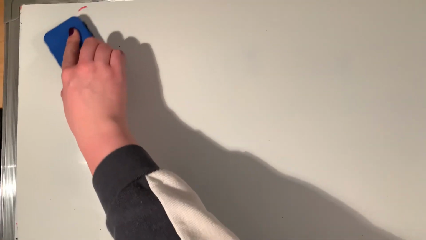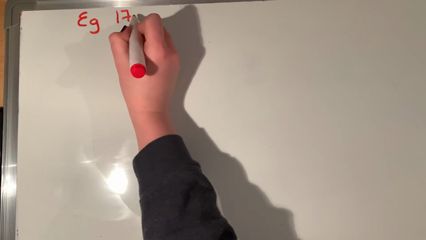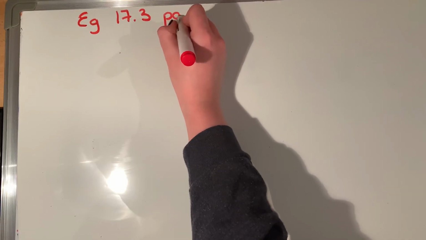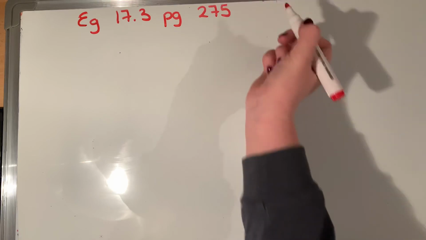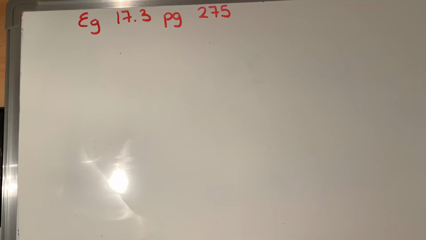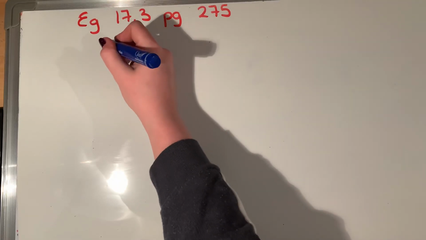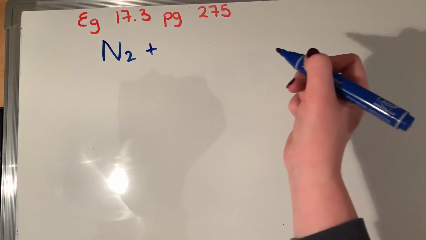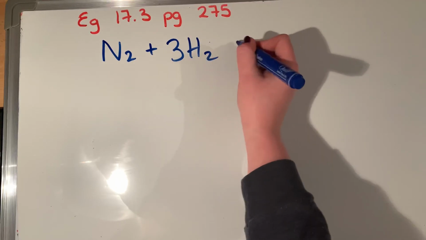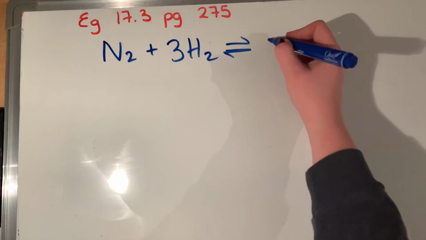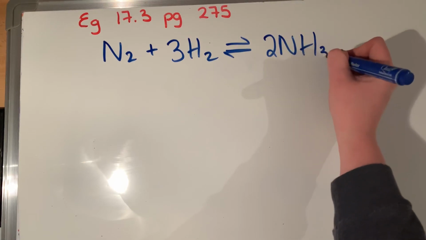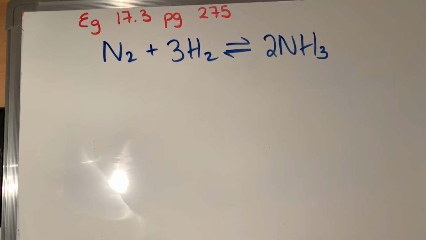So we're now going to look at example 17.3 on page 275. So the reaction is actually the same as the one we just did. N2 plus 3H2, and it goes to 2NH3. So it's asking us to find